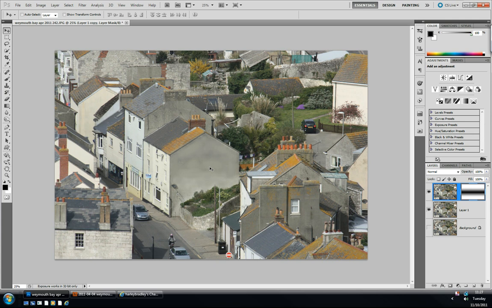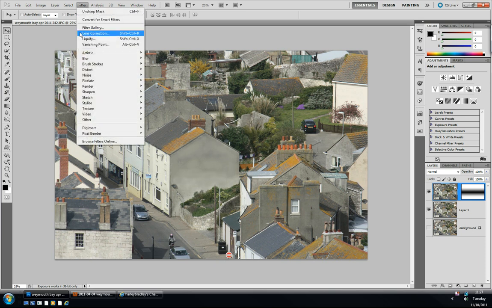You can experiment, so use this to unlink it if you want, and move your gradient around. Okay, obviously nothing's happened yet, so click on your image with the layer mask attached and go to Filter, Blur, Lens Blur,